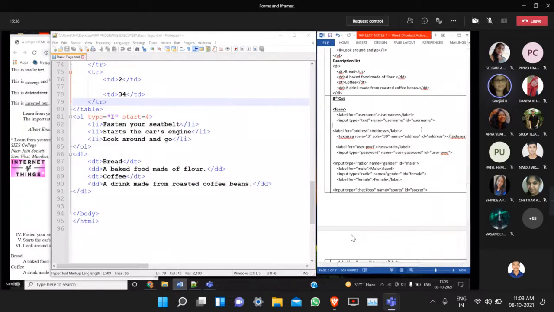But when do we have to write these name and ID attributes? Here I want to identify the element, because the for attribute will accept only the value of the ID attribute. So I have given the ID attribute here. Then why do we have to give the name attribute? Here we are going to see only HTML, so we are going to create a dummy form. We are not going to create a dynamic HTML form.